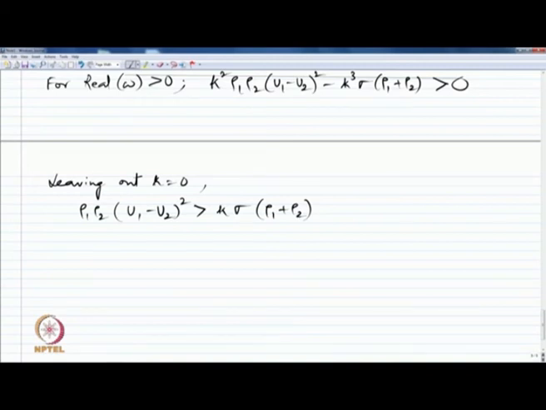Okay. I want to draw your attention to two observations here. First thing is that if I interchange the subscripts 1 and 2 in this equation, the equation does not change. So, rho 1 becoming rho 2 and rho 2 becoming rho 1 with u 1 becoming u 2 and u 2 becoming u 1, the equation is not changed. That basically means that the condition for instability is not governed by the absolute values of the densities or the velocities, and that we have no preferential direction whether 1 is superposed on 2 or 2 is superposed on 1,